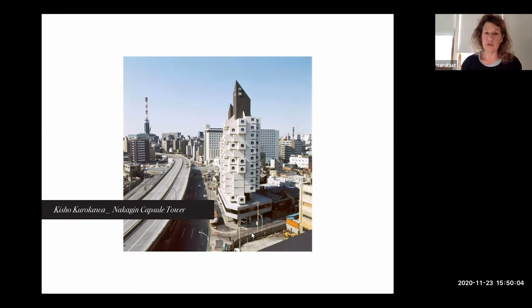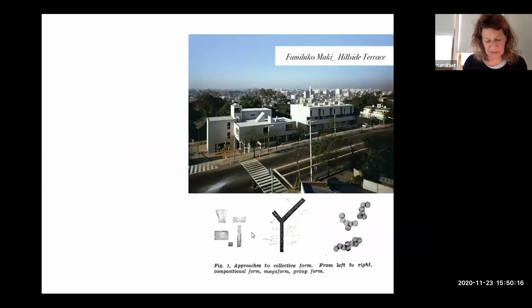There's not one idea of what typology is, so we will look at multiple ones. Here we will also consider other forms of typologies in practice, such as the work of metabolists that you see here. And we will read Mackey's investigations in collective form. You see some diagrams from the kind of thinking that he was doing on this image. In another way, the idea of history itself is being rethought through models of science and classification, and we will look at the work of Manuel de Landa in this.